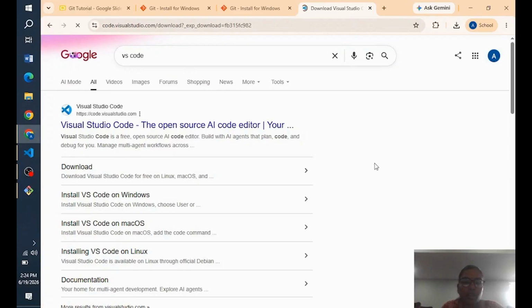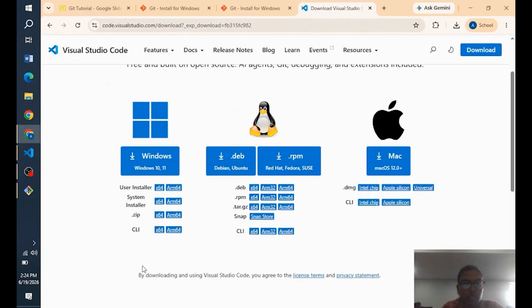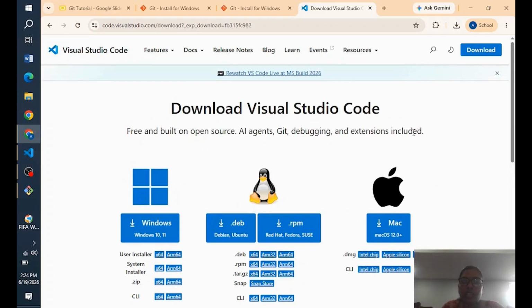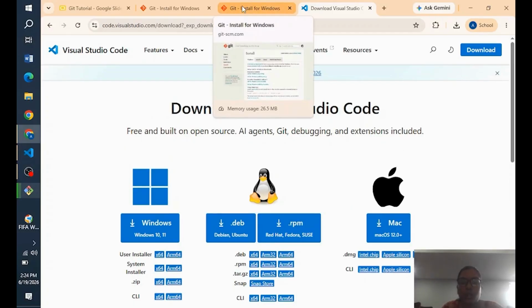From here you can download VS Code. For my system it will be Windows. I have already installed VS Code, so you can install it, and we'll see how we can set up Git on VS Code.